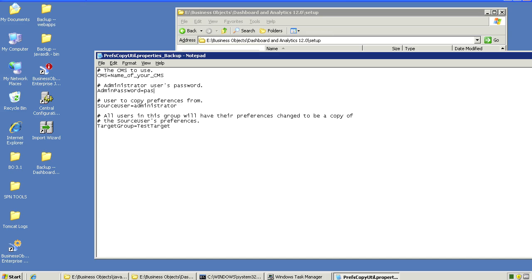Administrator user's password. So that's the password of the administrator account. User to copy preference from. So the default was administrator, but I recommend against it because administrators can often change their preferences. So just create a dummy user, or like I did, global underscore preferences, and set it to that user. This way you will avoid confusion and accidental overriding of preferences. So we'll set it to global underscore preference,